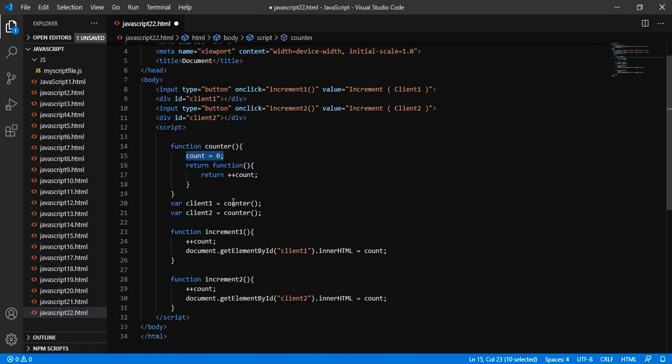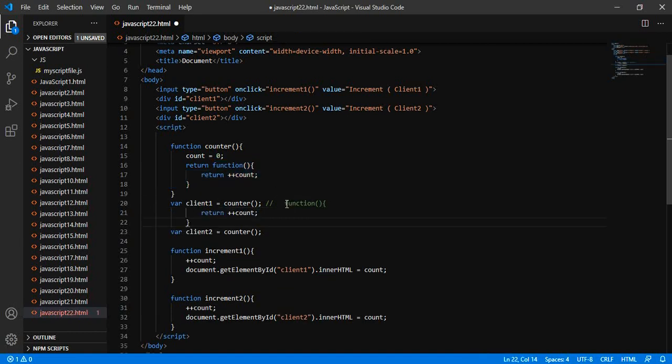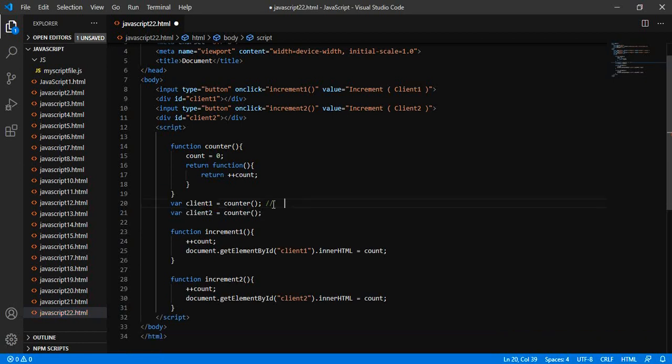So what is being assigned is simply this function, and as soon as you call this function, this will execute.